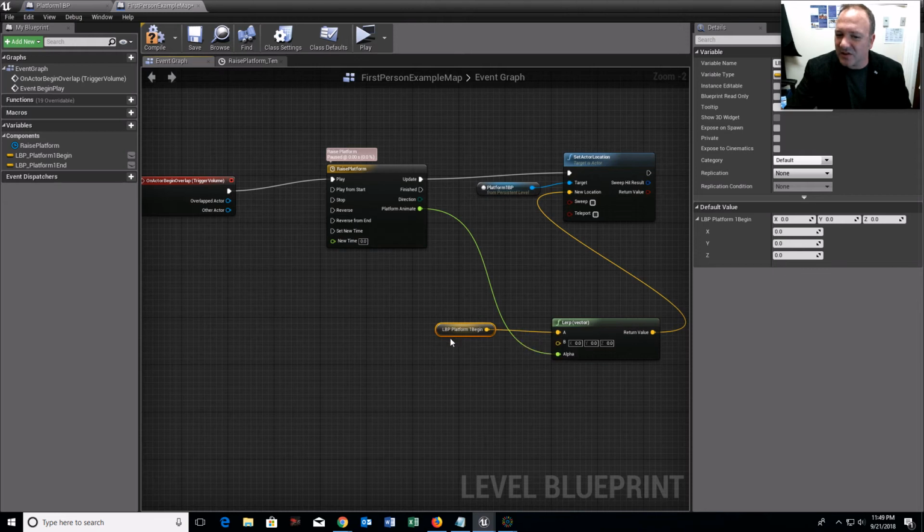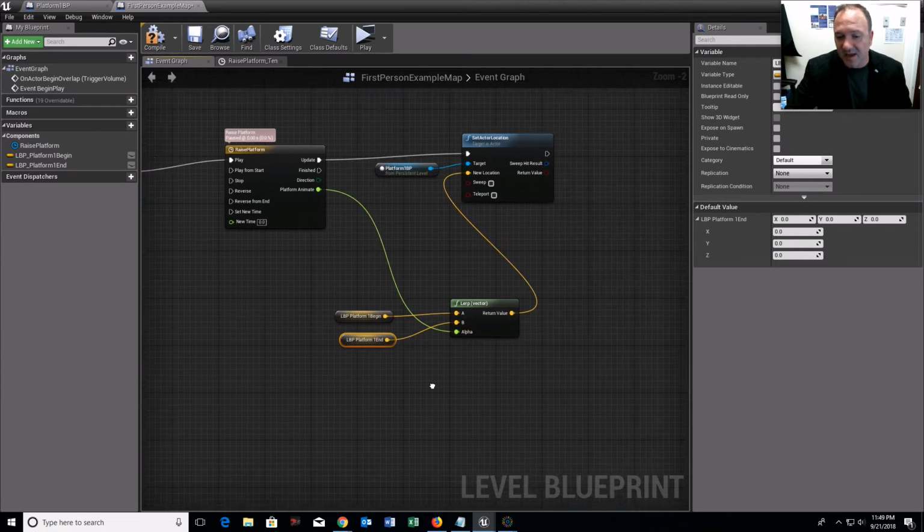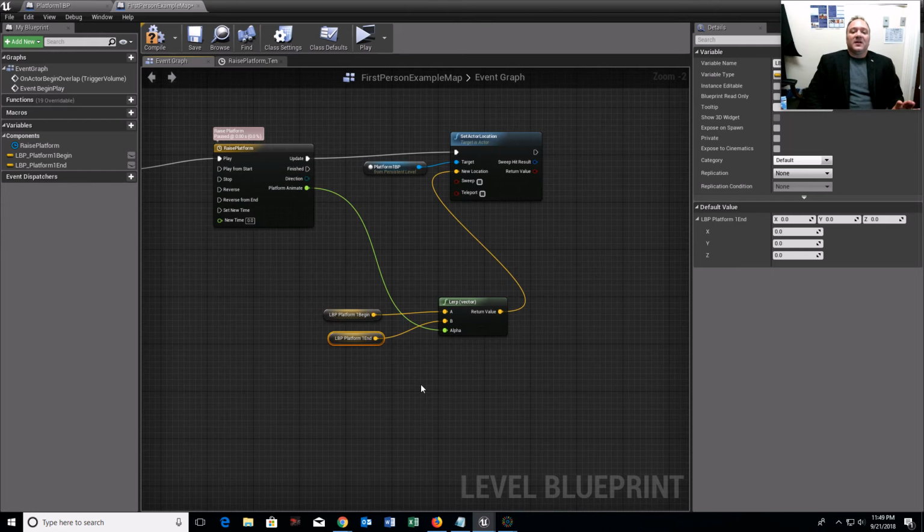I'm going to get the end point, get it, not set it, and drag it into B. Now when the platform moves, remember the platform has those variables, and those variable widgets are going to move with it, but I don't care because I'm not using the platform blueprint variables to do my calculation in my level blueprint.